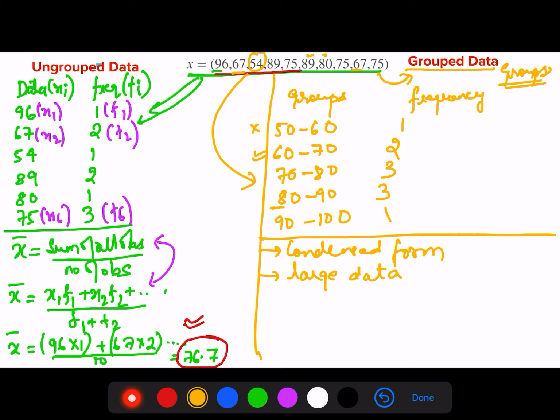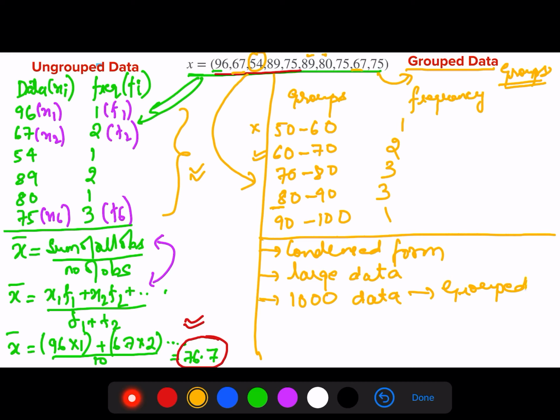Because let's say here you had just 10 data points. Let's say you had 1000 data points. Now it would have been very difficult to write your frequency table in ungrouped data format. It would have been much easier to write it in a group format, where each data point will belong to a certain group.